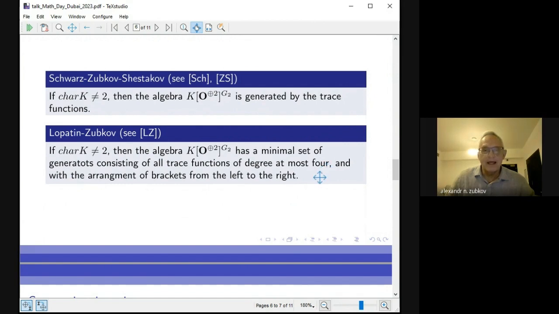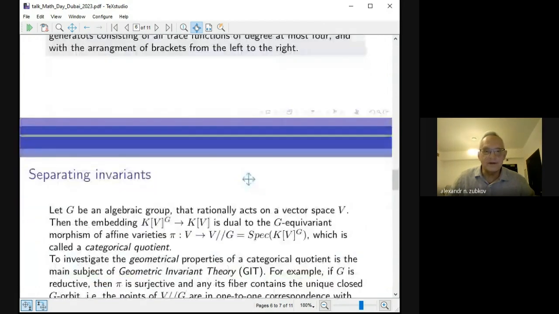Okay? And also we assume that the arrangement of brackets is given from left to right. So it is a really minimal set of generators. Any subset of this set does not generate this algebra of invariants. And next,